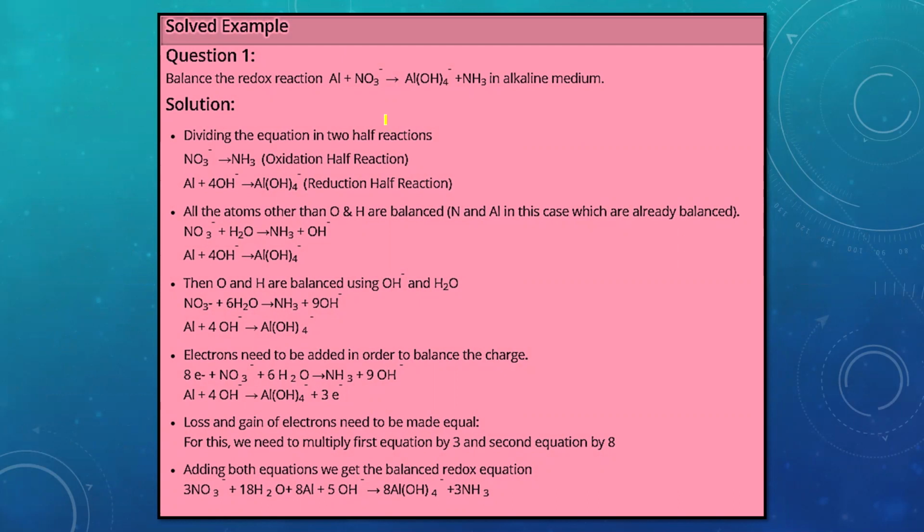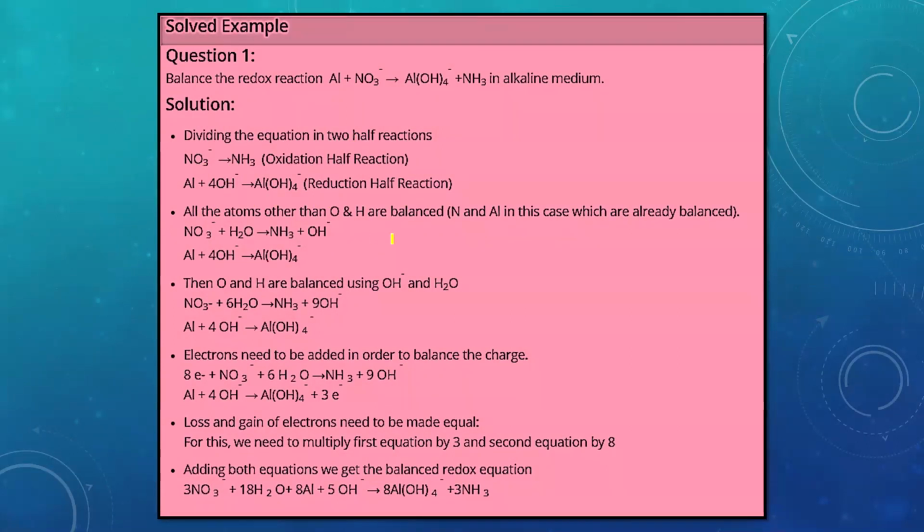Now, this particular reaction is taking place in a basic medium. Earlier we have seen two examples which were taking place in acidic medium. Now, this is where basic medium comes into existence. Here, after writing down the oxidation numbers or after seeing the equations, you can come to know that nitrate ion is getting oxidized. This is the oxidation half reaction, that is NO3 minus to NH3, whereas for aluminum you can check, we have the reduction half reaction.